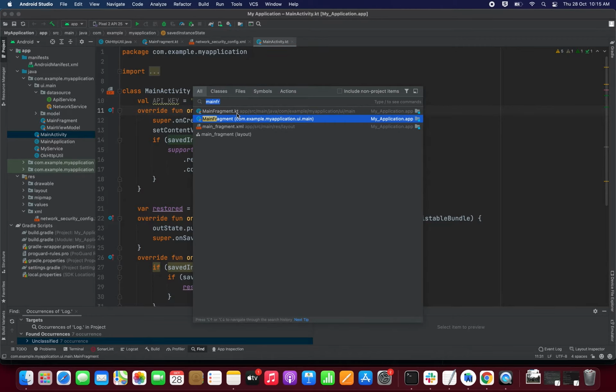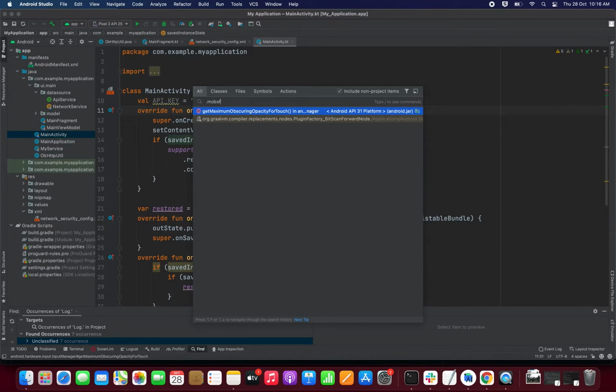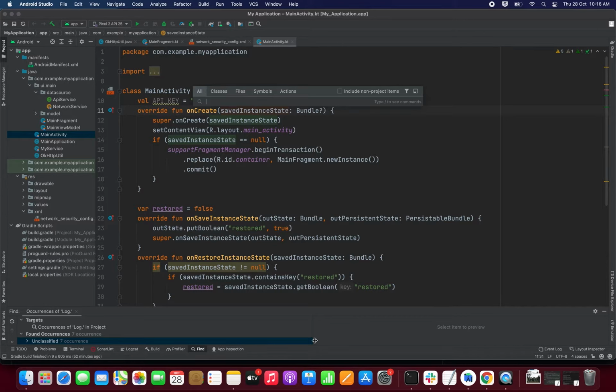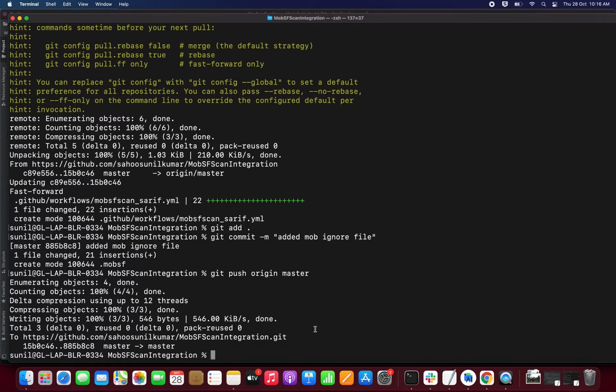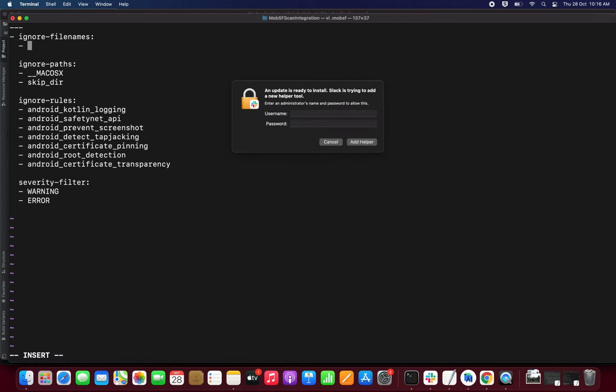Let's say .mobsf. Where is the file? Let's go to this file. Let's say we will not skip anything. For that only I am writing any skip.java